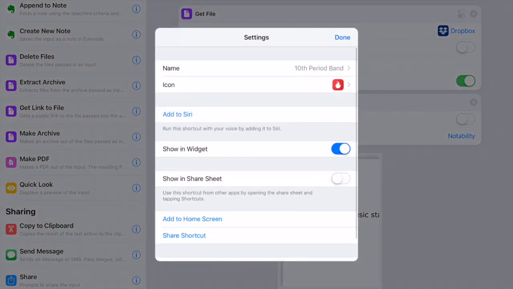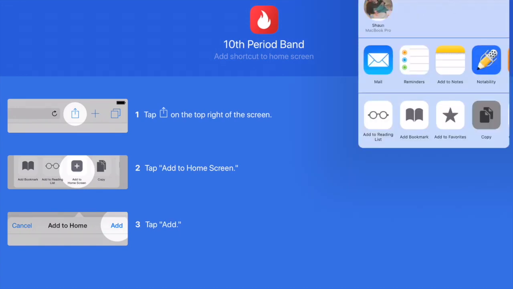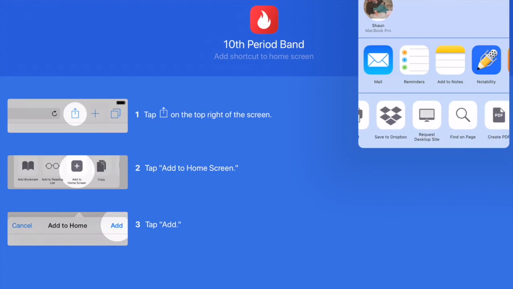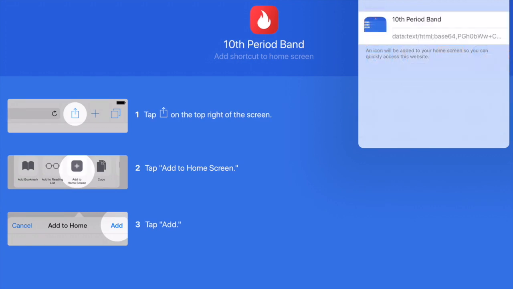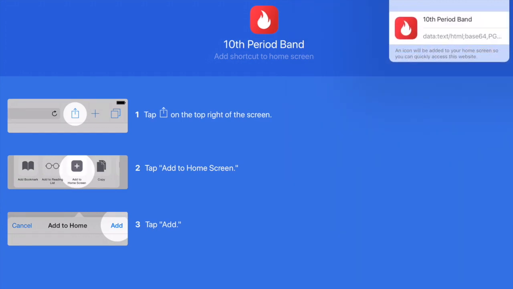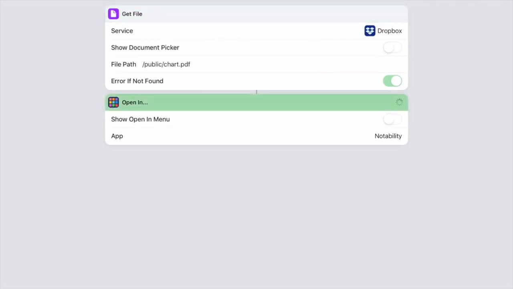All right, we're going to go back in, because what we're going to do is add the shortcut to our home screen. So we'll go back in, click on it, click Add to Home Screen, and just follow the instructions. Upper right-hand corner, tap on that little share icon. Then we scroll through the options here until we see Add to Home Screen, and then you tap Add, and then on our home screen will appear that icon, and it'll say 10th period, and I can, at the beginning of every class, hit it, and it will automatically open that PDF in Notability,